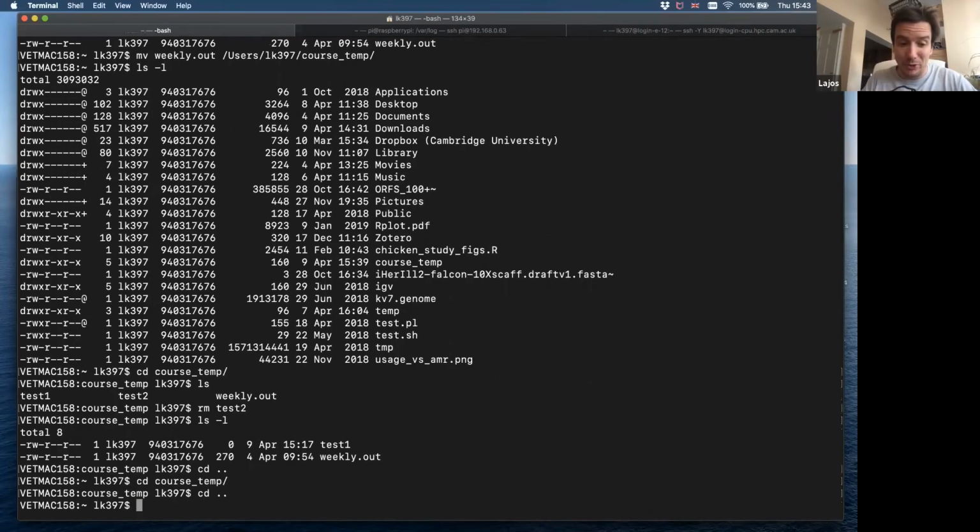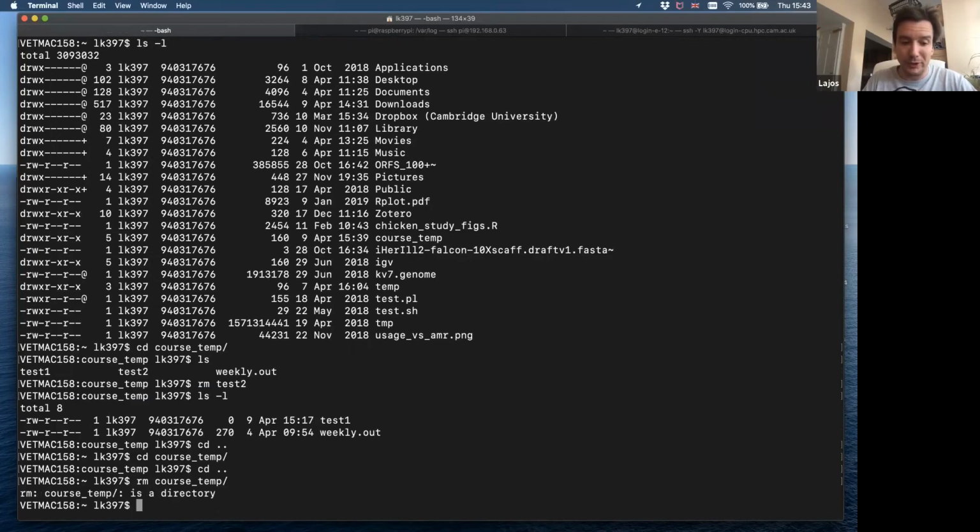Let me show you something. So we have the course temp folder there. What's happening if I'm trying to remove that folder? It won't do it because rm is only there for removing files. You can do it if you say rm -r, and this is even more dangerous than just the simple rm command,